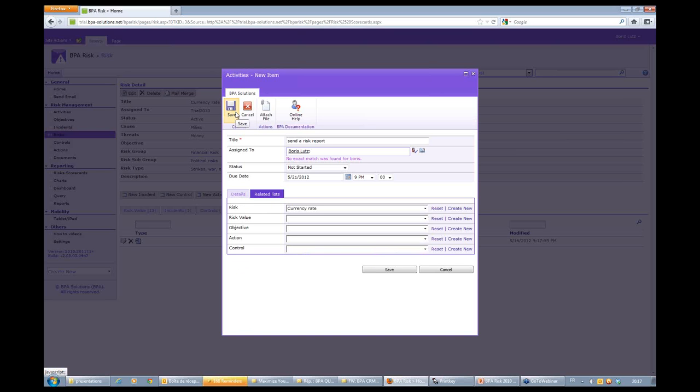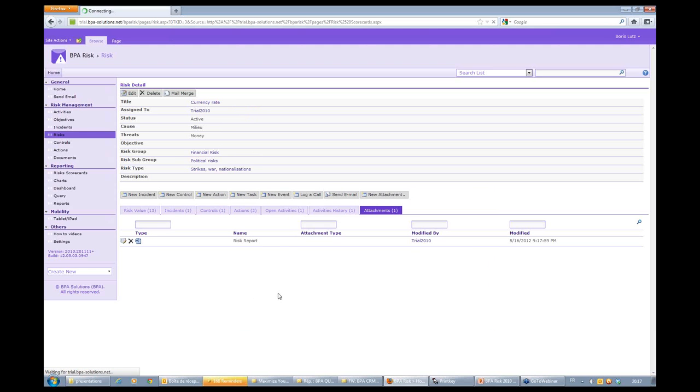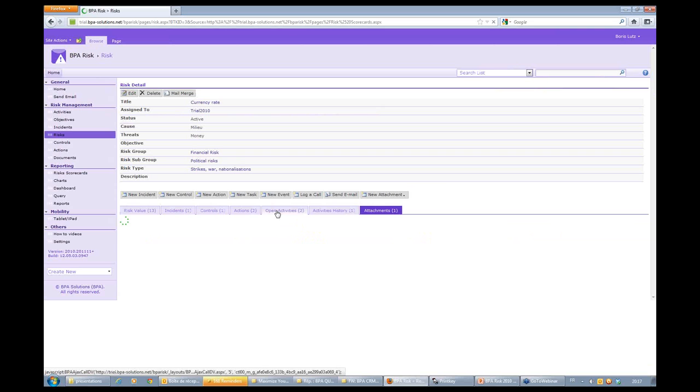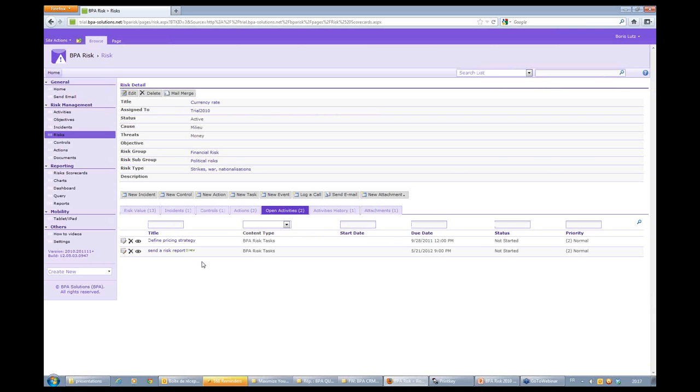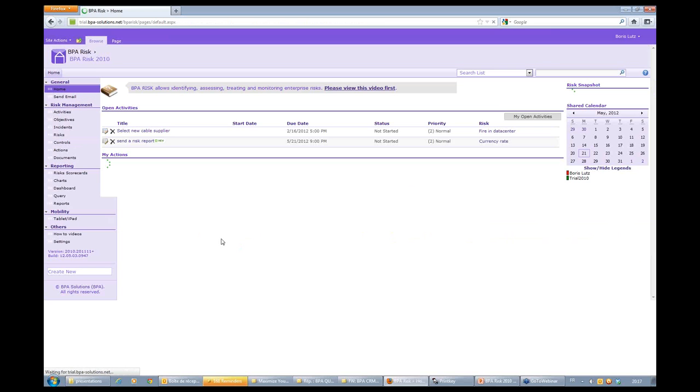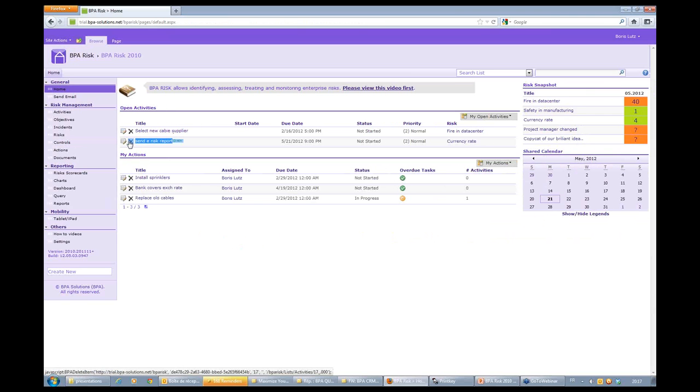So when just saving this task, a new task has been entered in the system. So I can view now in the open activities that I have my send a risk report task that has been created related to the currency rate risk. Back in my home page, I'll get this in my home page as well to send a risk report, and I would get an automatic email from the system as well. I can view that this risk report is related with the currency rate risk here, so that I can just open from my home page the